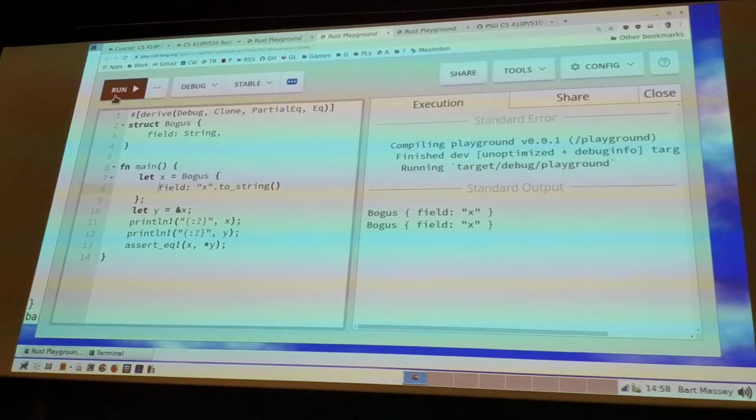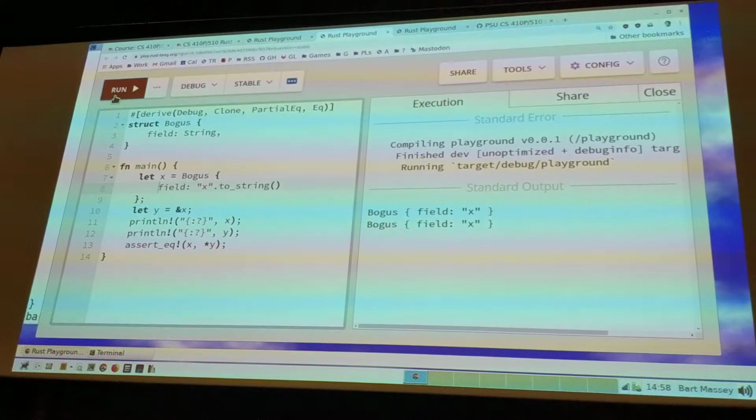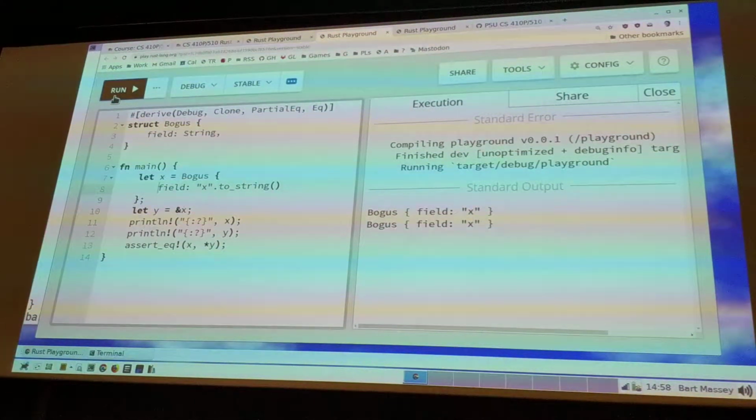Why do we not lose ownership of x in println? Because println borrows it. Println is a macro, and one of the things that macro does is it doesn't actually move x into anything. It just takes its address. That's part of the macro magic. And so x and y are actually being taken by reference there. That's an excellent question. Yeah, they're being taken by reference. Well, you can see that.